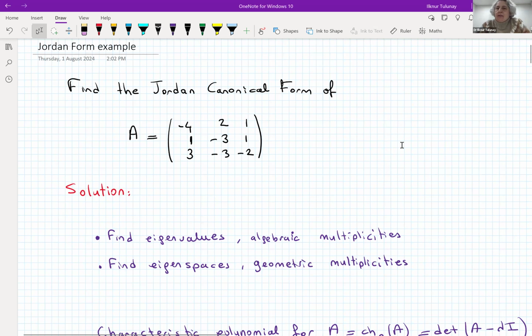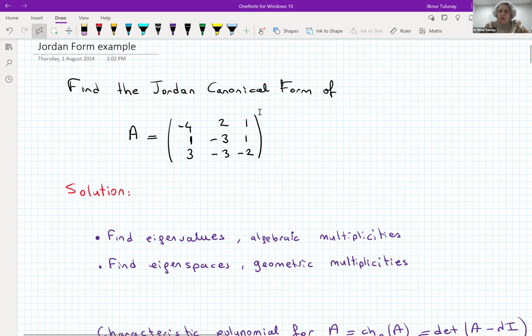Hello, everybody. This is the solution for how to find out the Jordan form. That's for the course at University of New South Wales. The course is MATH2099, linear algebra. So in this example, we have the matrix A, and we would like to find out the Jordan